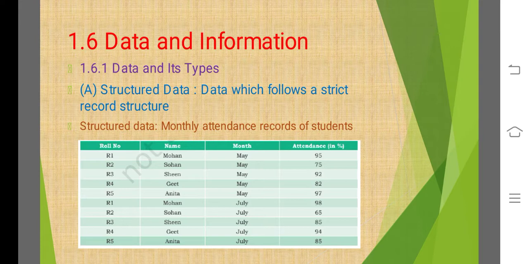Data types are of three types. The first one is structured data type. Structured data type means it is in a tabular form. Everything is stored in a tabular form, that is known as structured data type, and it is stored in the